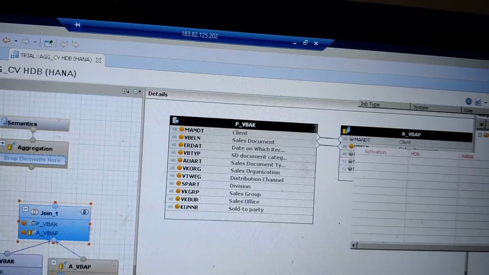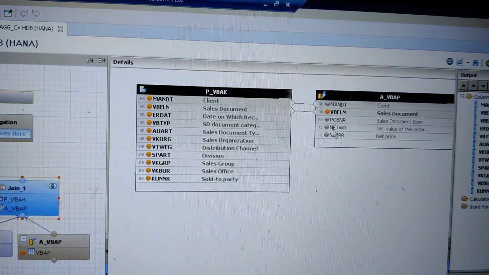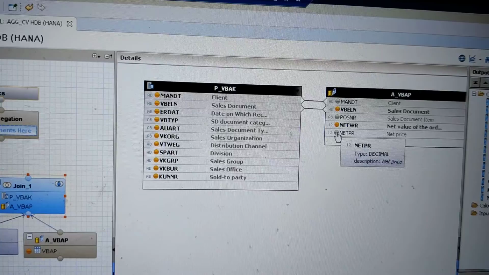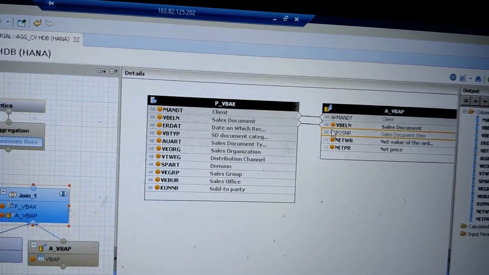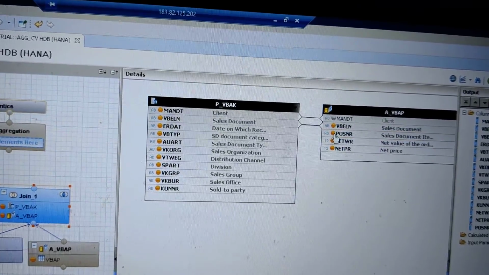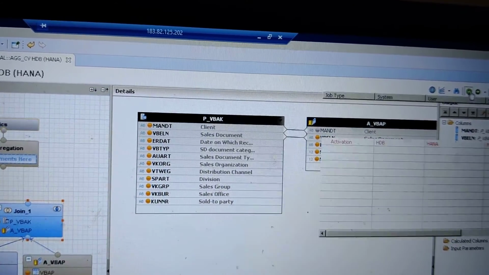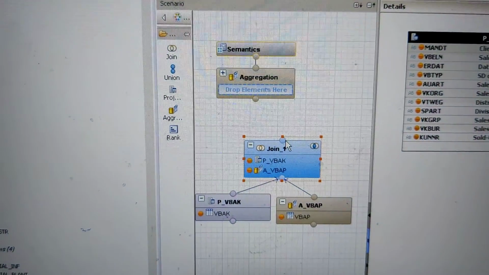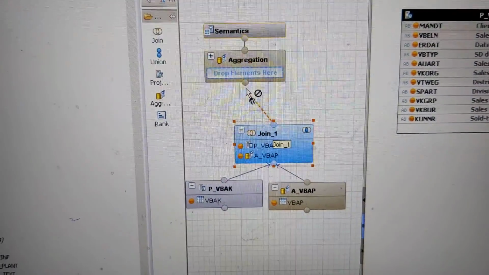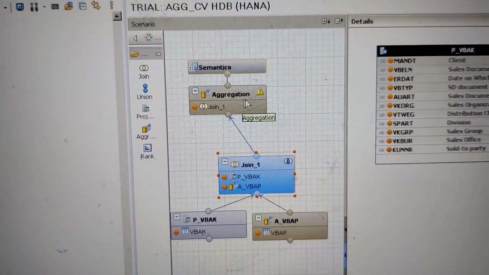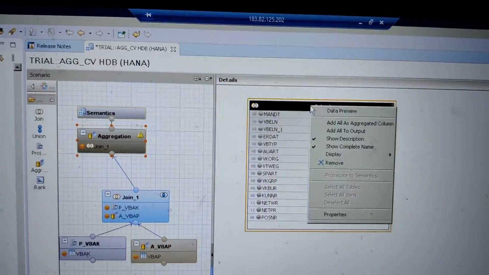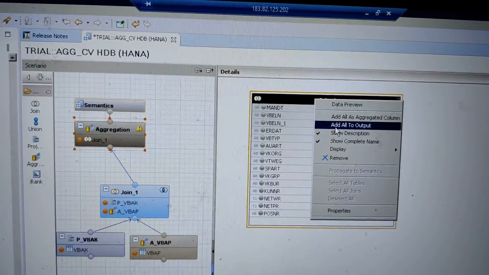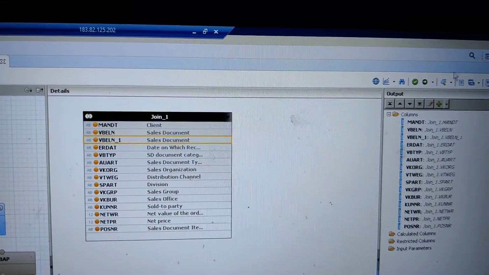Now you can save and activate. Hey, wait, you need to select here whatever the columns that you want to see, you can select it. You're just selecting it. Save and activate. Now join, you can rename here. As of now I'm not renaming anything here. You do the aggregation. Now this you do add all to output, save and